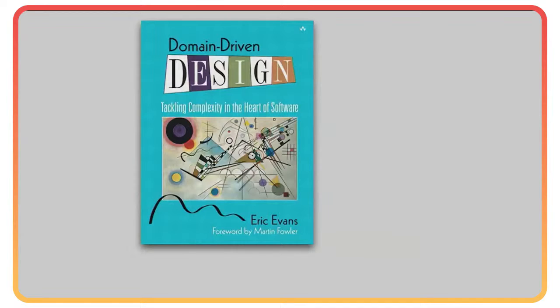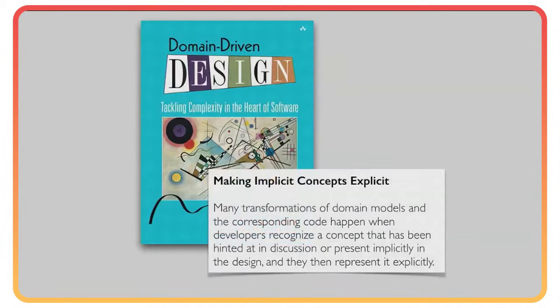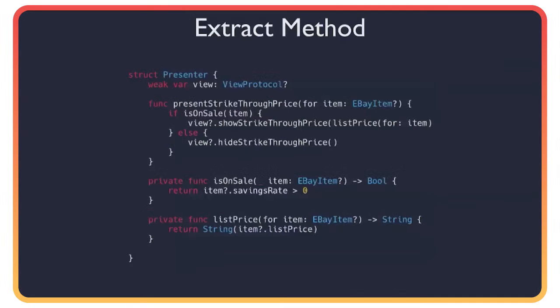This is not an easy book to read, but it will bend your head and cause you to look at your code differently. In particular, one of the key themes of this book is that as developers, we recognize concepts that are hinted at in the discussion or present implicitly in the design and make them explicit. We take implicit concepts and we make them explicit. This is very important. If we go back here and ignore the helpers and just focus on the main present method,